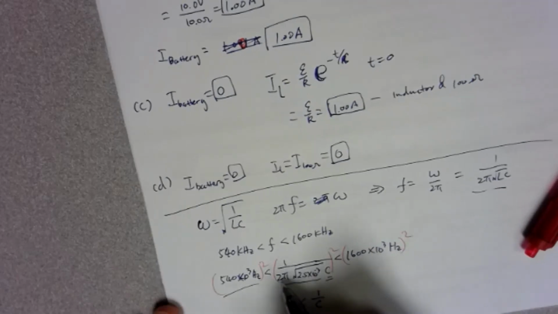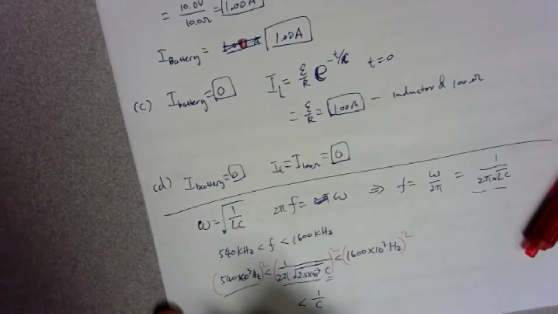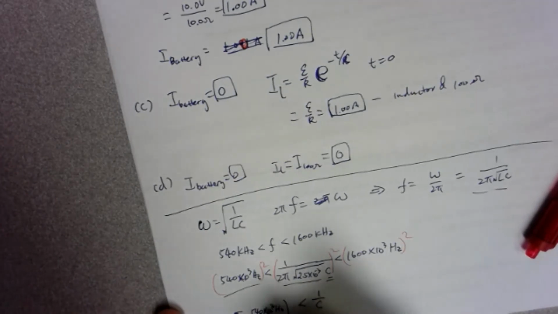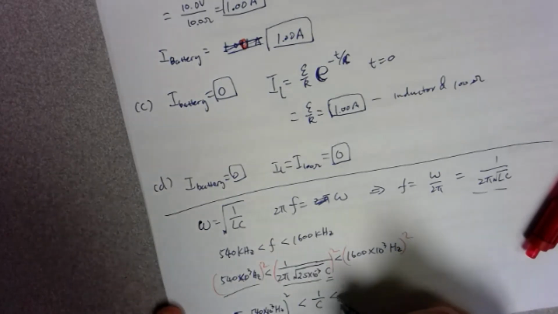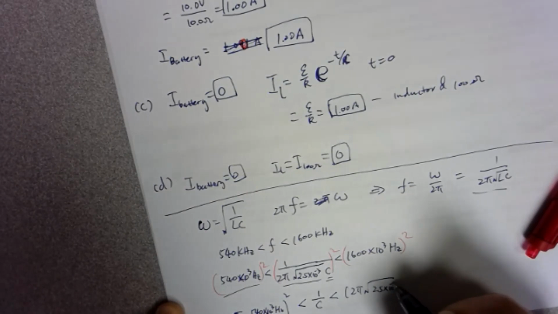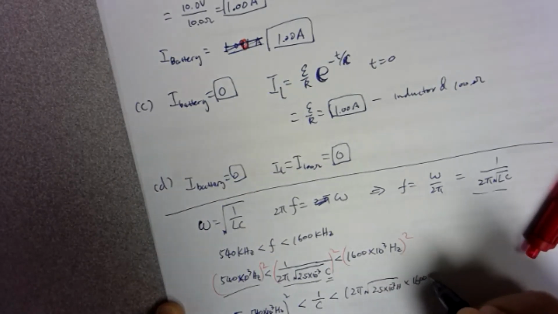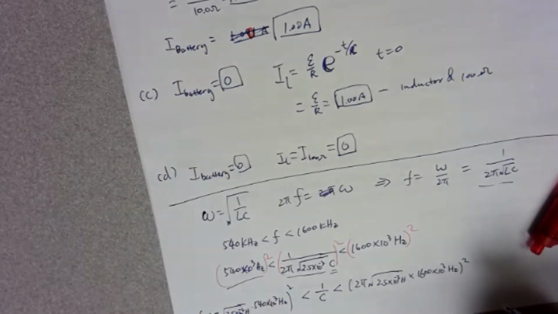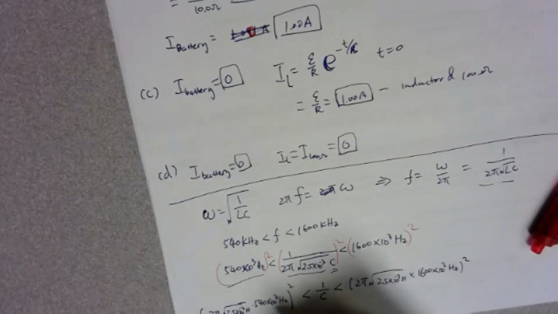Less than, now you move this: 2 pi times the square root of 2.5 times 10 to the minus 3 henry, multiplied by 540 times 10 to the third hertz, all squared, less than again 2 pi times the square root of 2.5 times 10 to the minus 3 henry times 1,600 times 10 to the third hertz, all squared. Okay. So this whole thing gives you